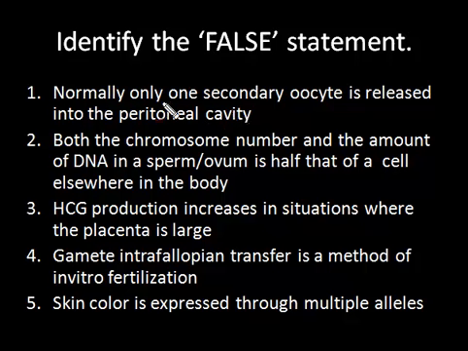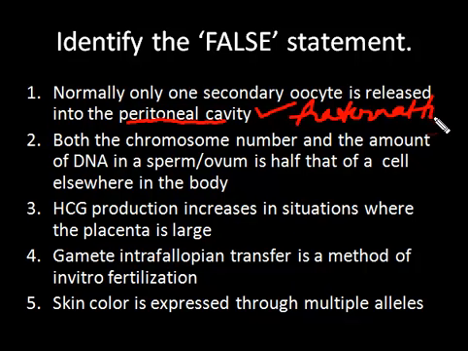So here it says, normally only one secondary oocyte is released into the peritoneal cavity. Now this is true. At ovulation, normally only one secondary oocyte is released, and it is released into the peritoneal cavity. Occasionally, only occasionally, you may have two released, and if two oocytes are released and they are fertilized by two different sperms, you get what are known as fraternal twins. And hence those twins need not necessarily be of the same sex, but this is only occasionally because each ovary